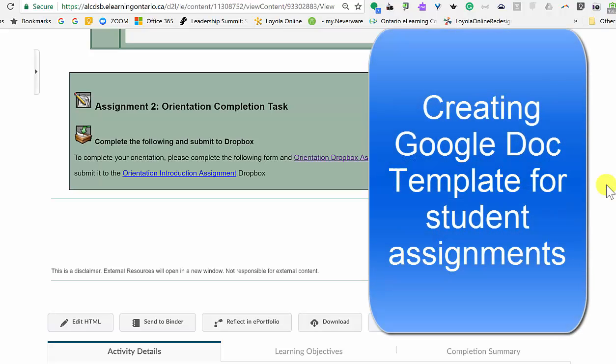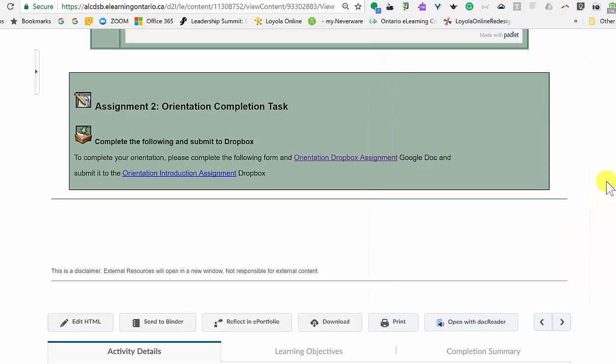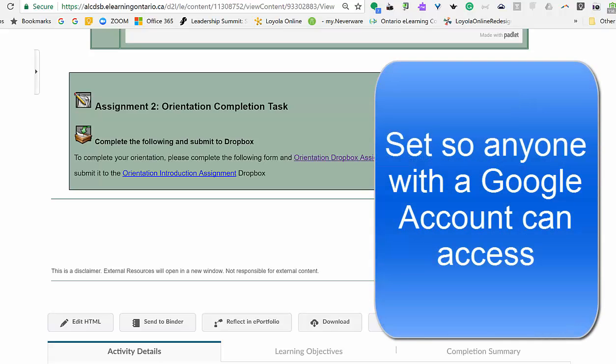I love Google Docs because it's so easy for students to access, and they can access it anywhere. They don't have to have downloaded programs or anything else. So we often use our templates for assignments as a Google Doc that the students can then type right into. So I'm going to show you how to embed a Google Doc so that when they click on the link